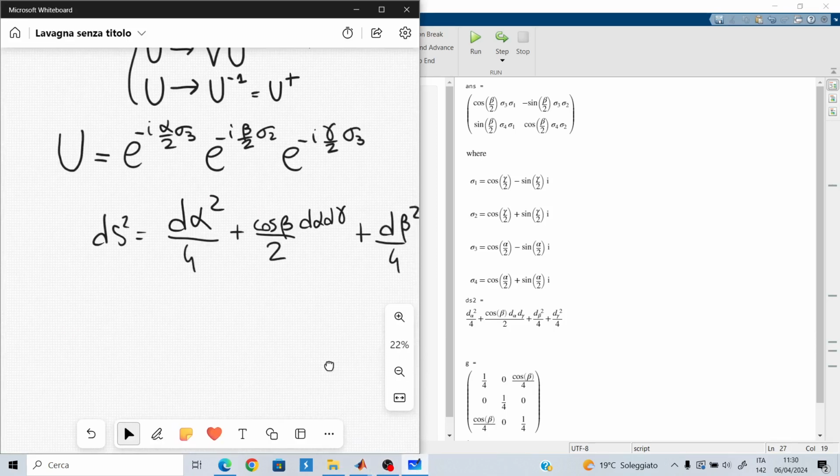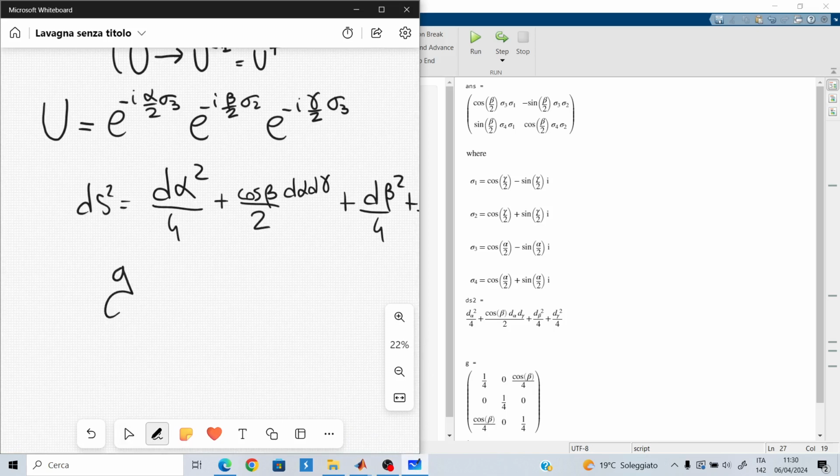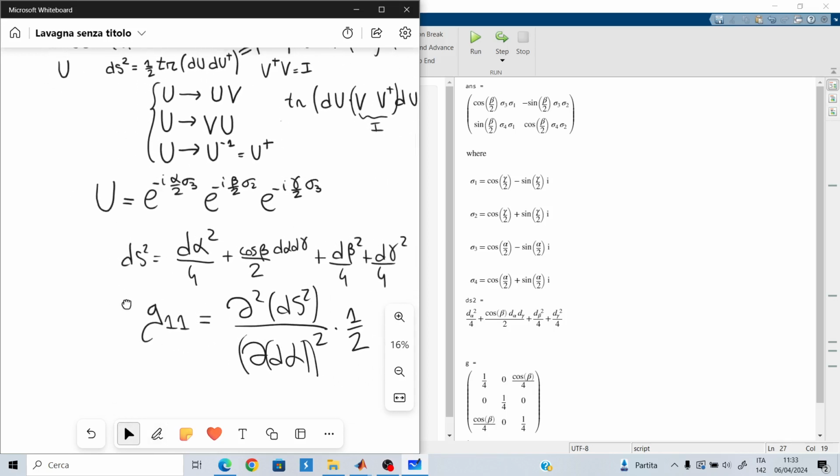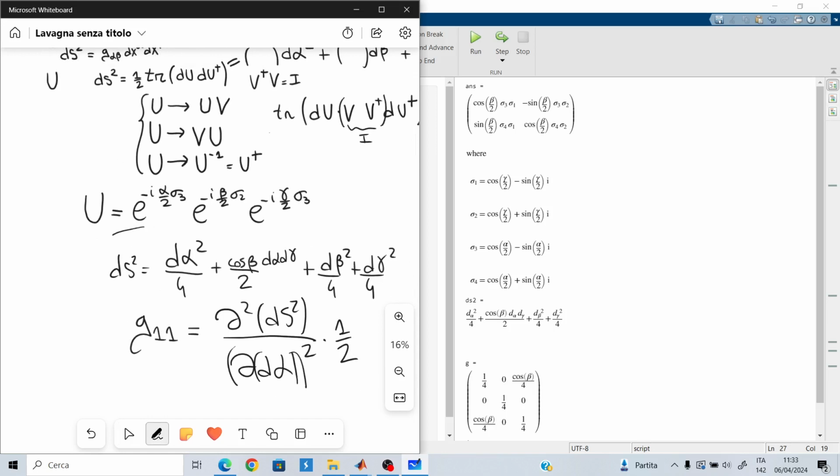So let me write down the expression for g11 here for better readability. We have the second derivative of ds squared with respect to d alpha squared multiplied by 1/2. So this seems quite a complicated expression, but it is convenient to write it like this because MATLAB can compute it. And let me give you some intuition behind it. Well, ds squared can be written like this, right? So if we take the derivative of this quantity with respect to d alpha,